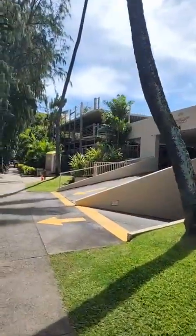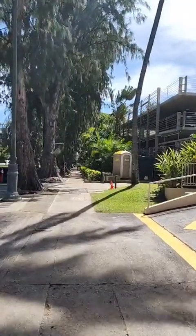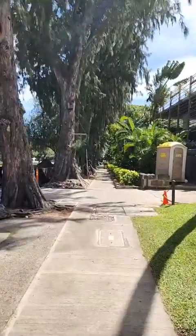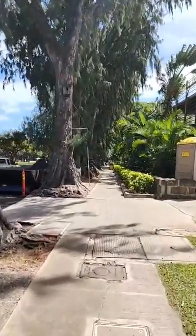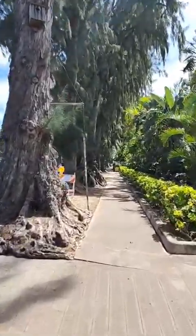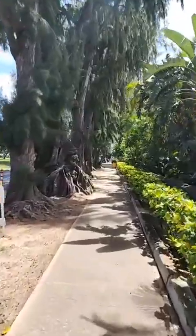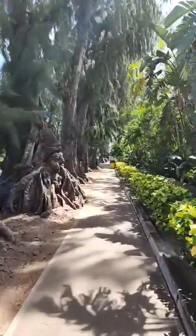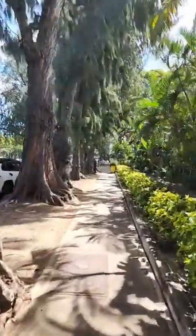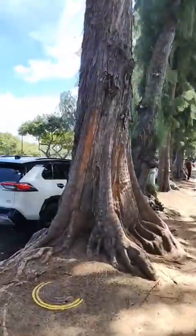Sunday is going to be an epic South Shore Island tour. If you were part of the original or the first North Shore tour with myself, Shasta, and Kirk, you're going to love this one. It's going to be the opposite end of the island, the somewhat southeast part of the island. And the places that we're going to be going by and some of the places that we're going to be stopping at are